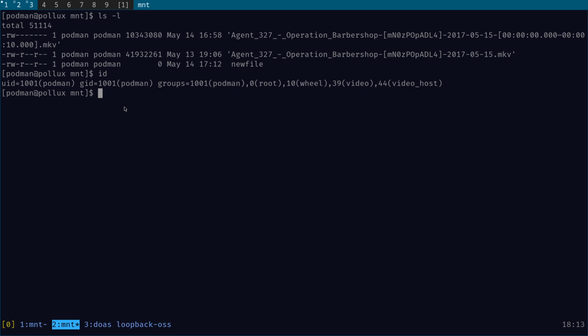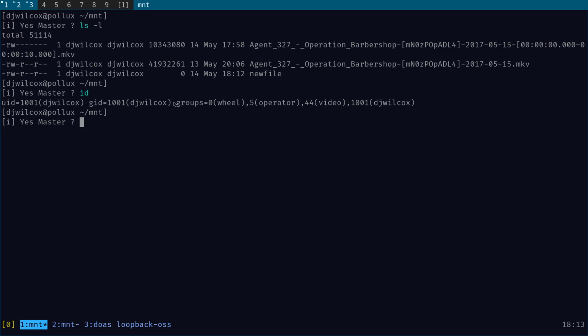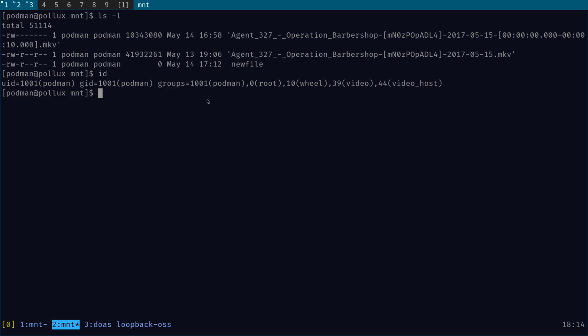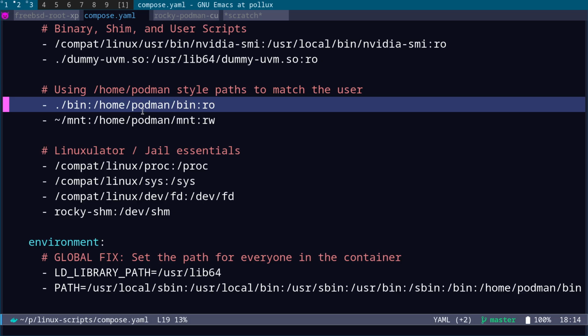Does that make sense? So when I created this file here, they're called podman, but this podman user has the same UID and GID as my user on FreeBSD. So that means that the files will have the correct permissions and won't be owned by root or anything on FreeBSD. Okay, so what we're doing, as I said, we've copied the bin directory, we're mounting the mount directory, and